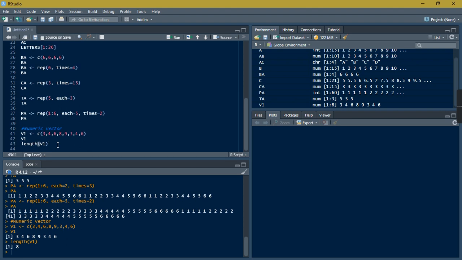And also there is another function which is called unique length. So let's find the number of unique items here. So you see 4 3 4 6 8 9, so we want to make sure that 3 doesn't appear twice, or 4 doesn't appear twice, or 6 doesn't appear twice. They should appear once and one only. So that is where you use the unique